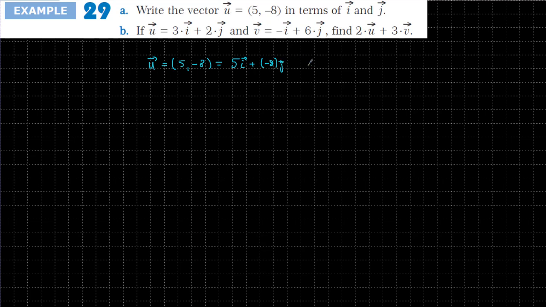Also minus 8j. So it's going to be equal to 5i minus 8j. Okay, the second one here,